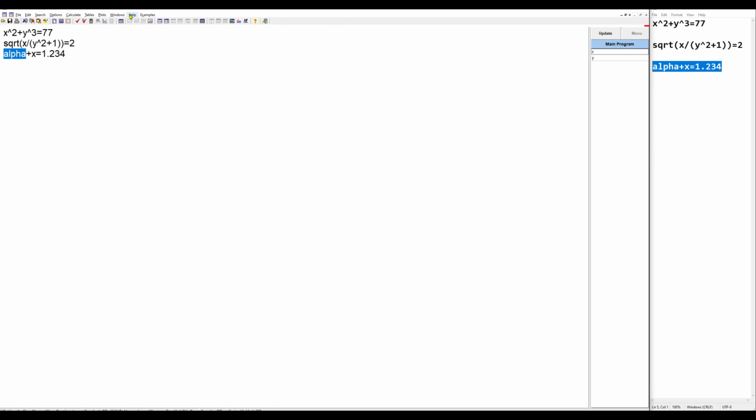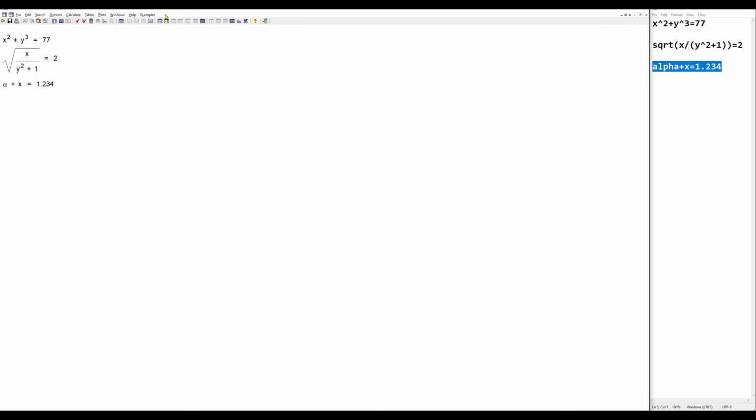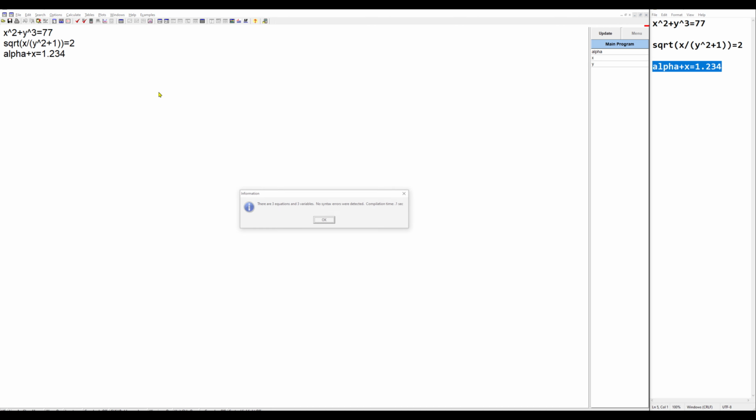But simply you can go to the help, and under the help index you can search for Greek, and then you can find how to write all of these Greek letters. So I will press on formatted window, and this is our third equation. We can check, and we have 3 equations plus 3 variables, so we can